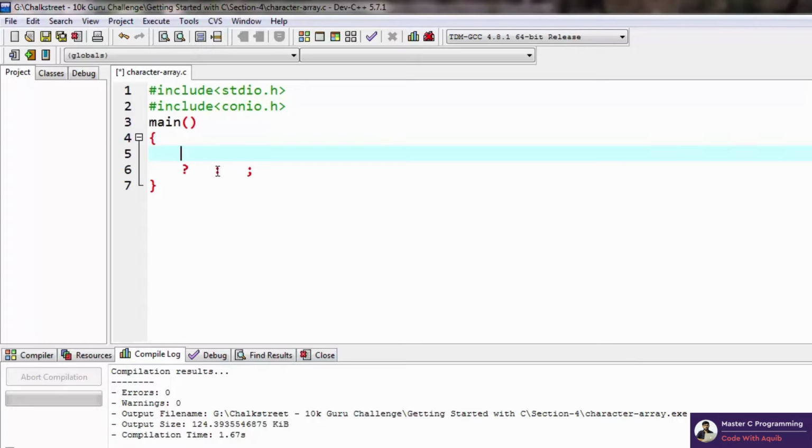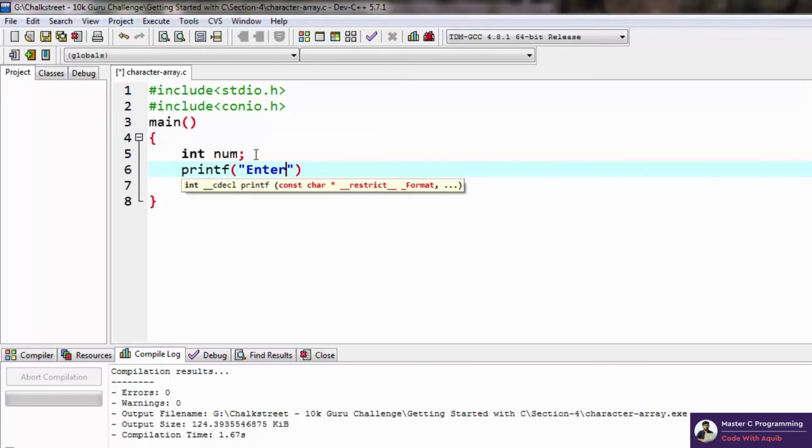So what we'll be doing is checking if the number entered is less than 18 or not. Let's make a simple code for doing that. We need one thing to store it, so I'll say int num. If the number is less than 18, we'll say the number is less than 18, and if the number is not less than 18, we'll say the number is greater than 18. We have a number and we need to read the number from the user, so we'll say enter a number,